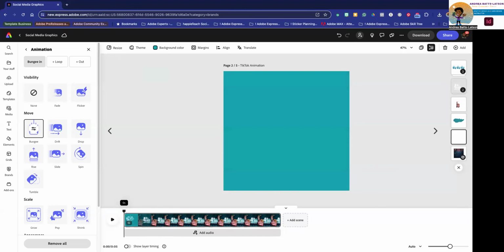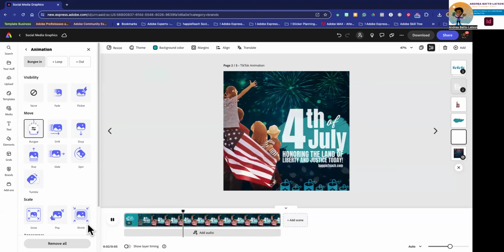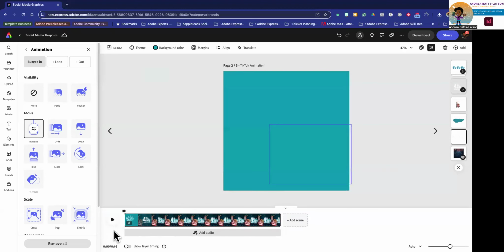I want it to be an Instagram reel, but then that's boring. If I play this, that's boring. It's over. That's not how I want this to happen. So I want to do something called timeline animation, and that's where I can say, I want this to happen, then I want that to happen, then I want that to happen. Now, this might be a lot because this is animation, and this is usually something I would save for the next video. But let's just see. All right, so